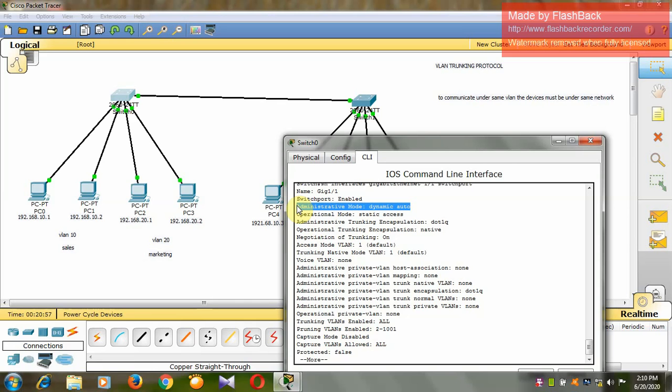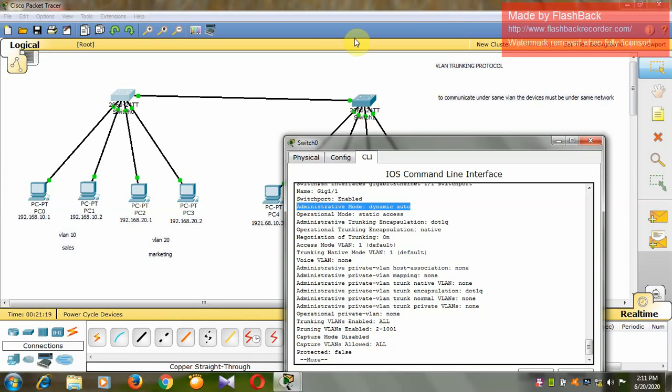That means switch 0 will wait to see whether switch 1 will send any hello or negotiation messages, and switch 1 will wait to see whether switch 0 will send some messages. So they are just waiting for each other's messages under this administrative mode, dynamic auto.